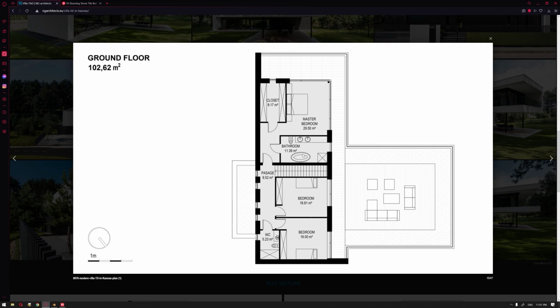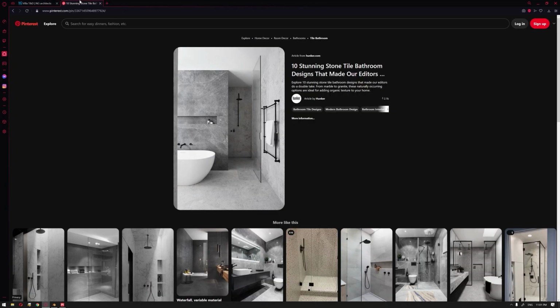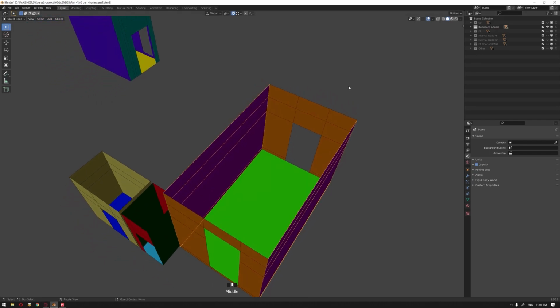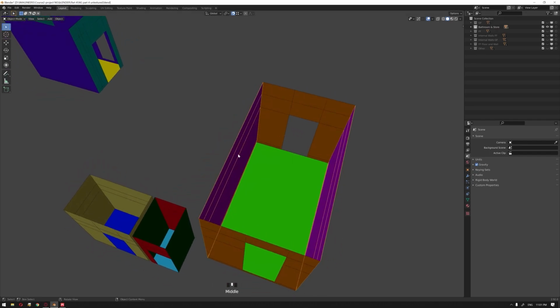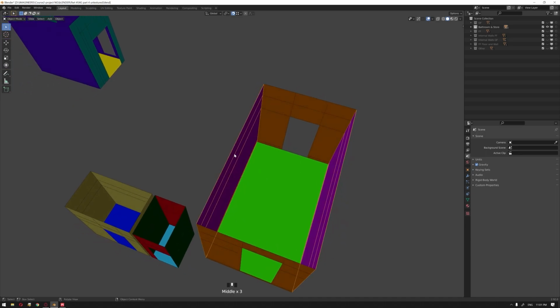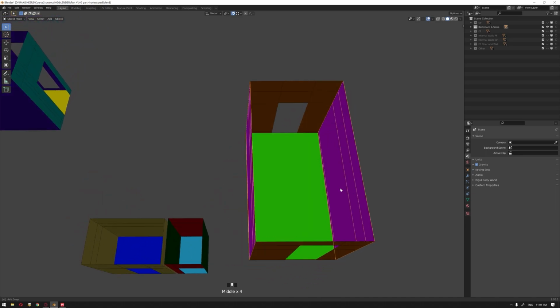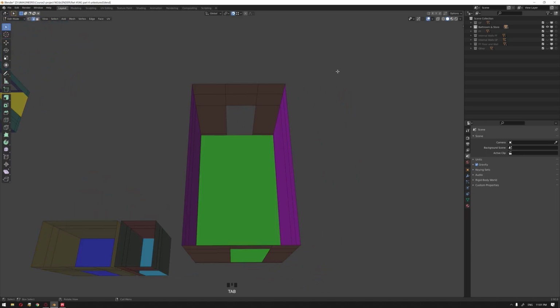Unfortunately, we don't have any images for the interior part, so we're gonna do our best to make it look as best as possible. So, with reference to this image from Pinterest, we're gonna add a stone wall to the bathtub side wall, and also add a small shelf beside it to make it more interesting. To do that, we need first to mirror that wall, so we can add also the same stone wall on the other side. So I'm gonna delete this wall